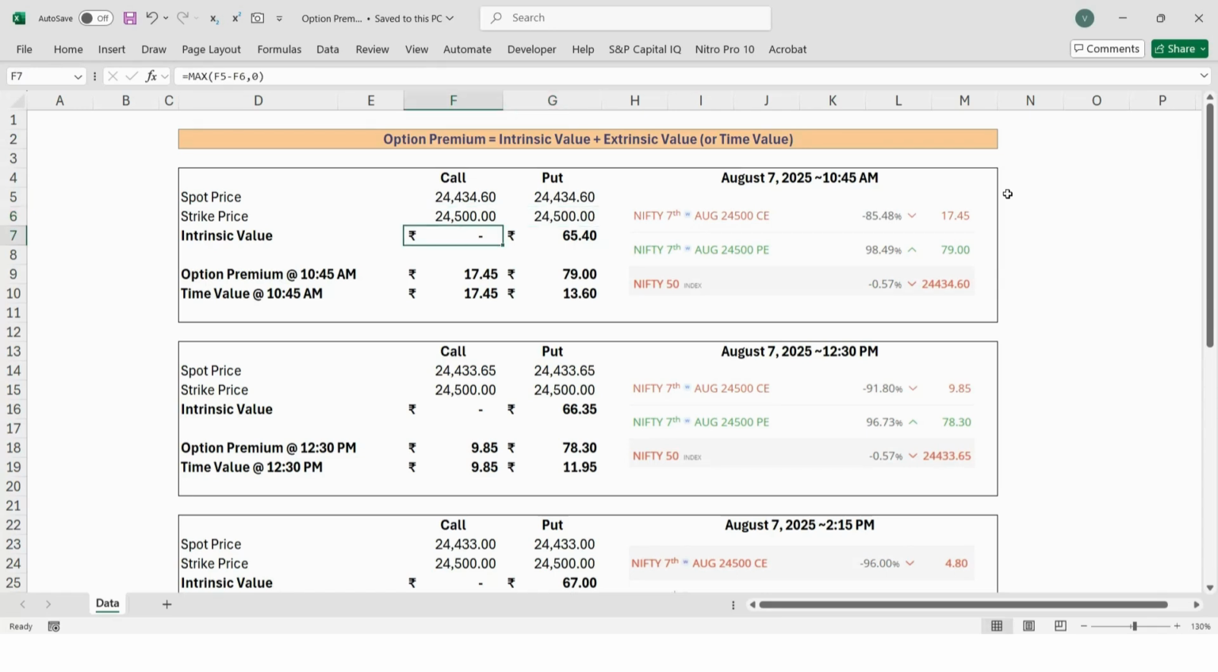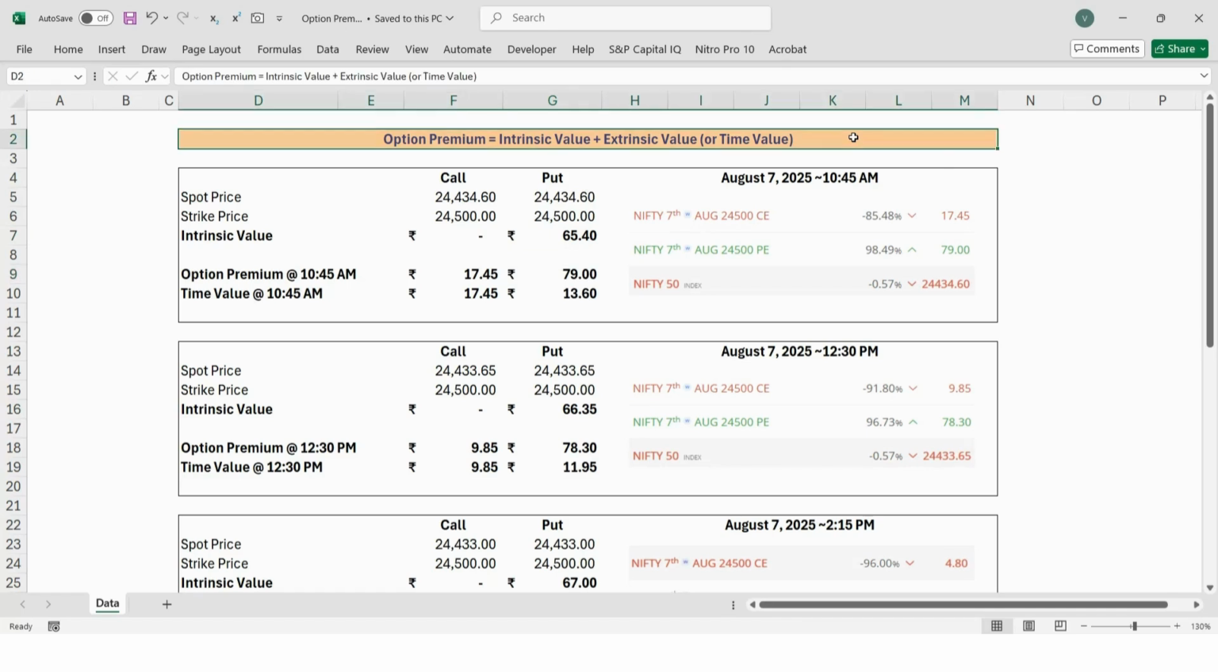And if you remember intrinsic value, for call, it is spot minus strike. So the intrinsic value of the call option is zero. However, because the market is trading below my strike, my put option has an intrinsic value of 65 rupees: strike minus spot. However, the option premium on the screen is 17.45 for call and 79 for put, which means